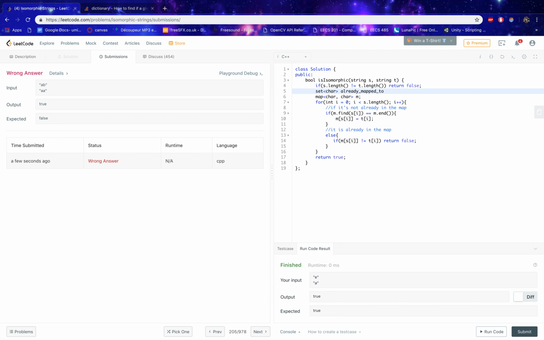So this is basically to stop A mapping to A and B mapping to A, or in general two letters mapping to the same letter. So when we make our mapping, we have to also check if we've already mapped to